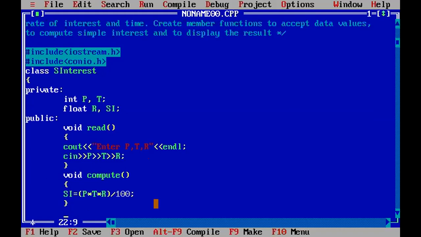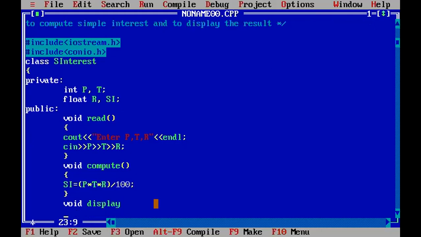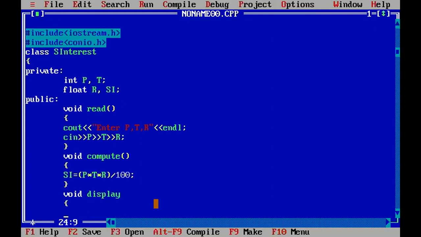Now I'm supposed to write one more member function called display that is going to display the simple interest, that's your result. So I'm going to use a cout statement again. Cout, the simple interest is equal to, and that value is stored in SI here.